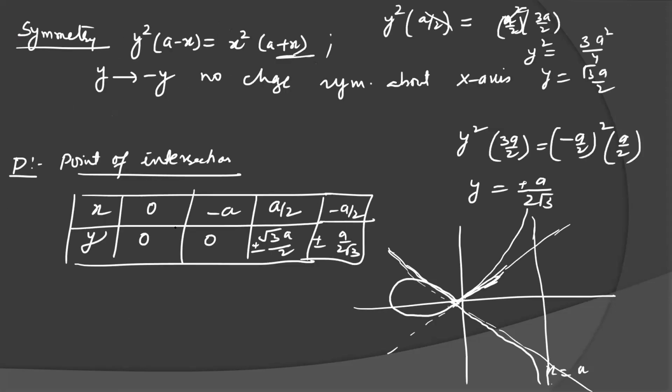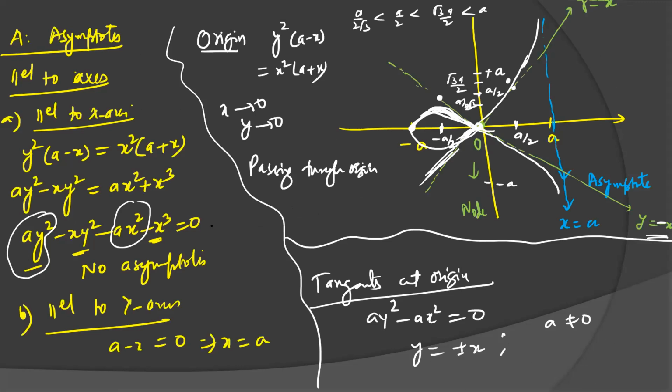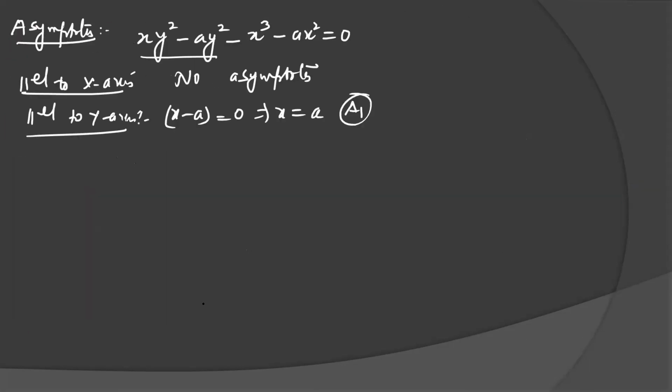In the previous problem, I did not actually discuss asymptotes. Parallel, inclined asymptotes, I did not discuss. Inclined asymptotes: you can see that there is no real inclined asymptote here. Inclined asymptotes.